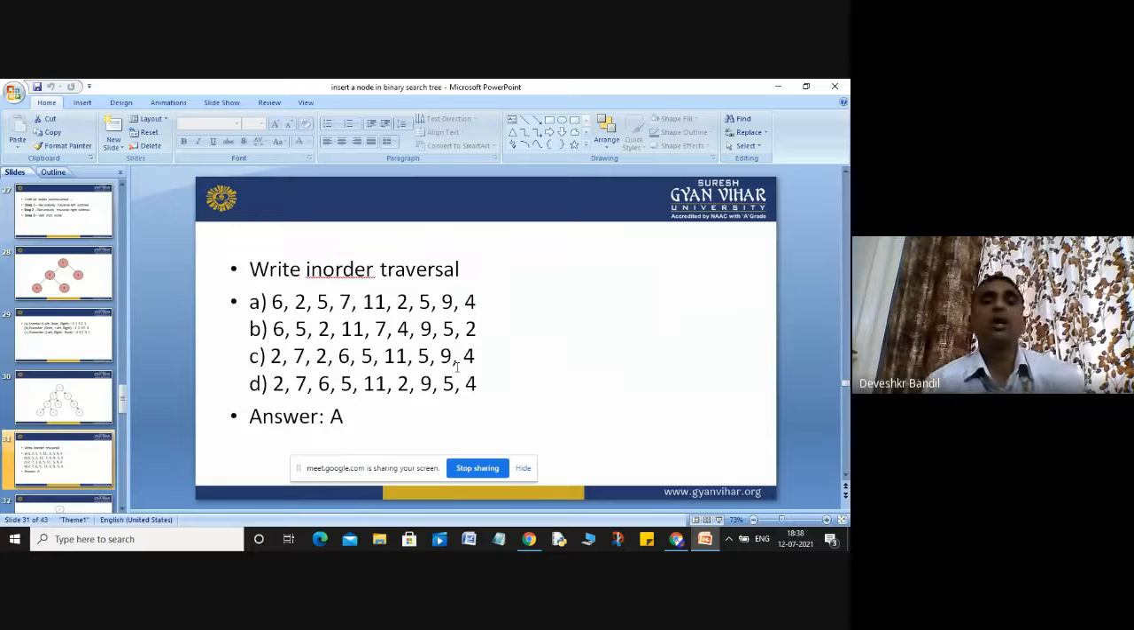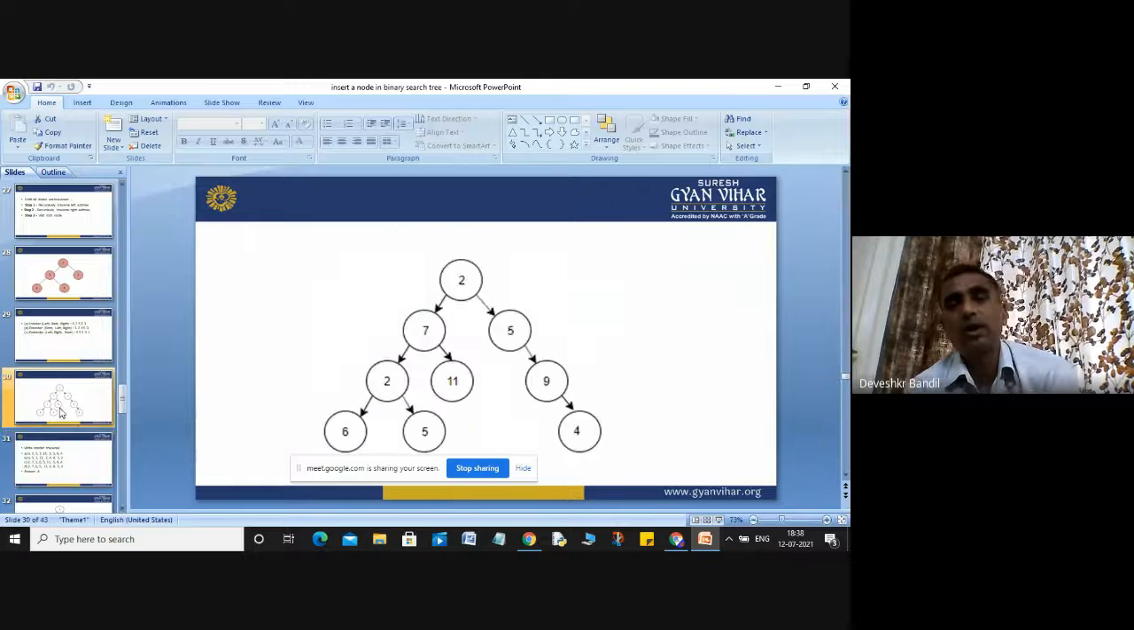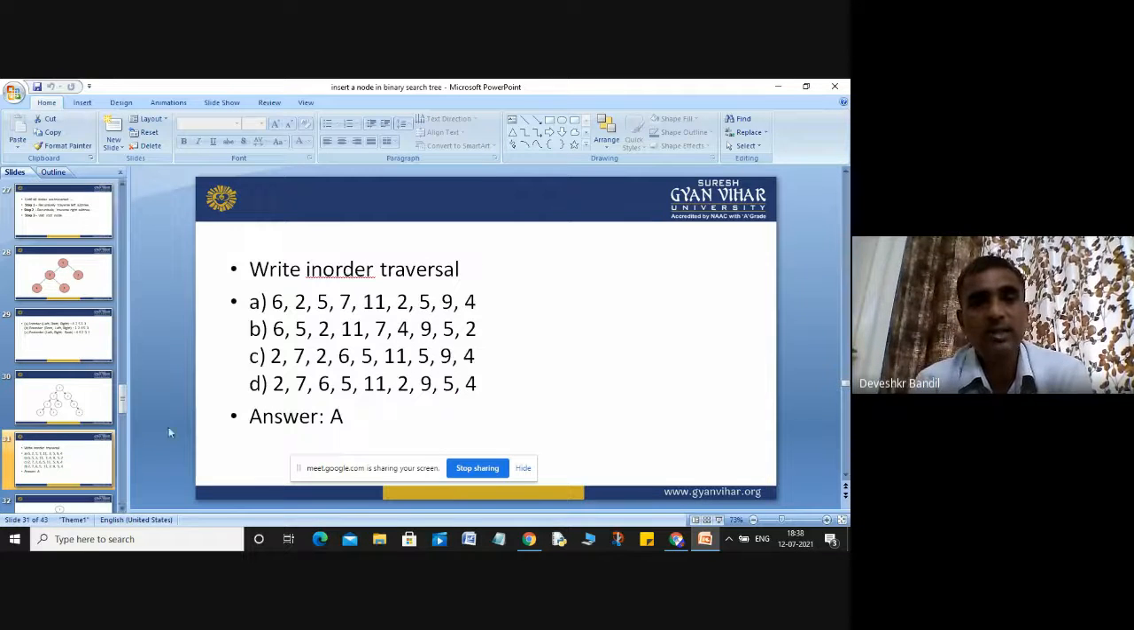If we follow the in order traversal, in order traversal, first of all you will visit the left subtree, after that you will visit the root node, after that you will visit the right subtree. According to this, your A answer is 6 2 5 7 11 2 5 9 4. B answer